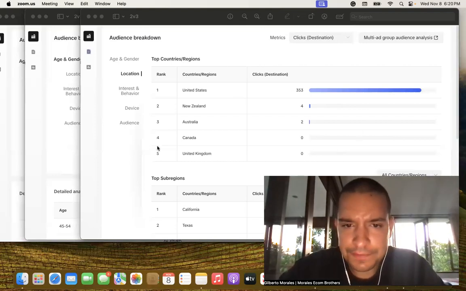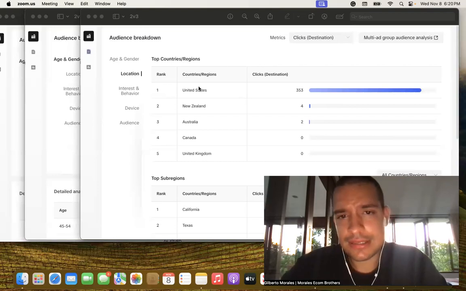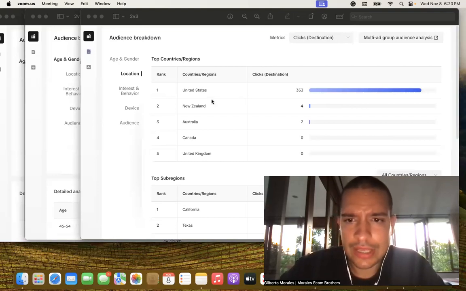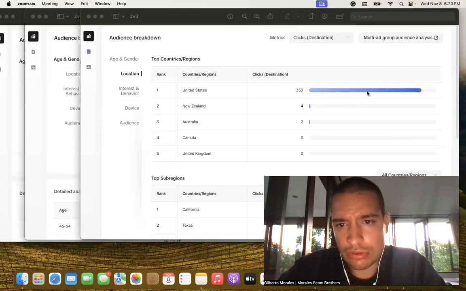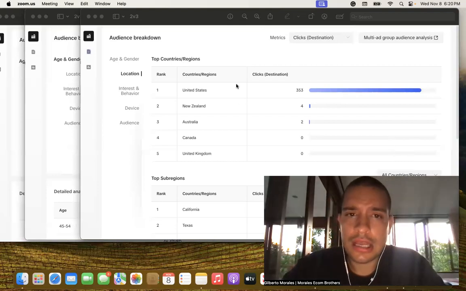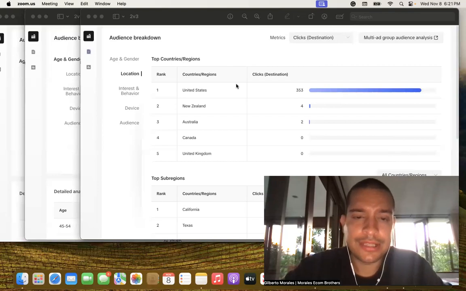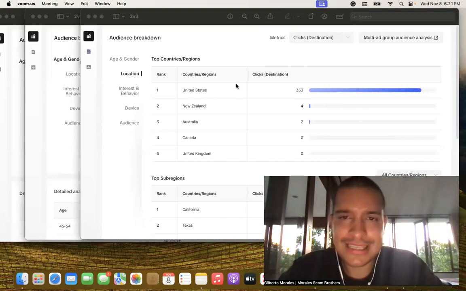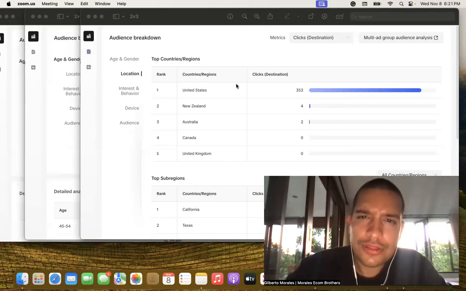As you can see right here, most of my sales came from most of the clicks, because I try to look at the clicks, since clicks give a lot more data. So I look at the clicks from my winning product that I've run in the past, and it's mainly in United States, or basically everything is in the United States. It's literally crushing the other countries. So if you look at your data and you see one country is performing better than all the other ones, and the campaign or the ad groups is not properly spending on that winning